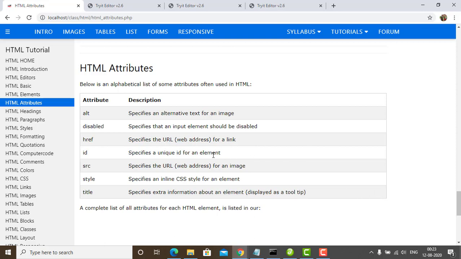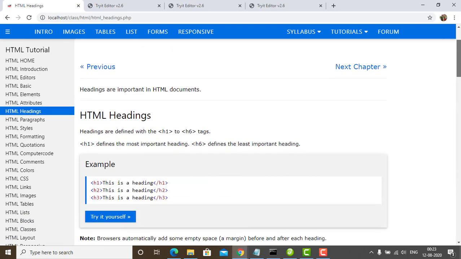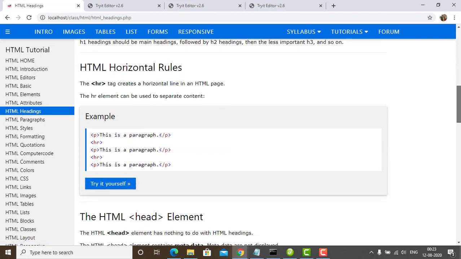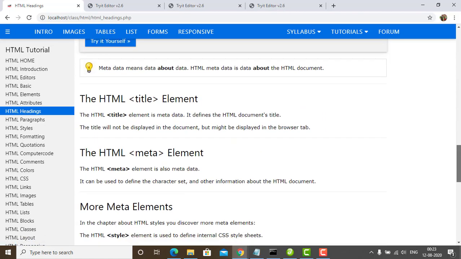Now again, we have already discussed this in our previous chapters. HTML headings, which stand for h1, h2 and h3, are going to show the headings. These are the complete basic parts, being repeated just for you to practice.